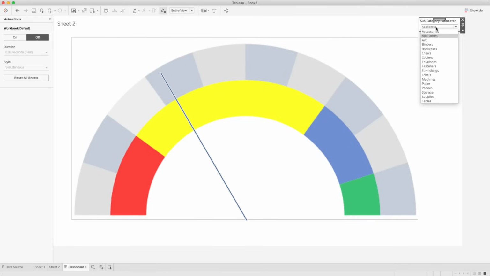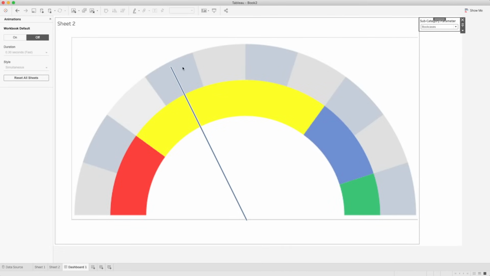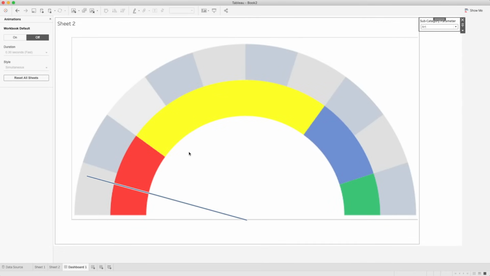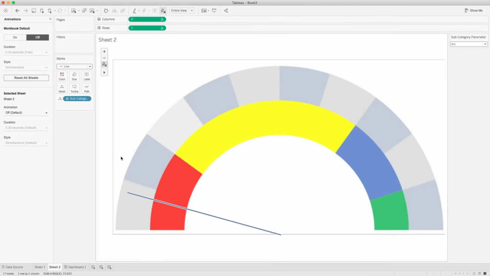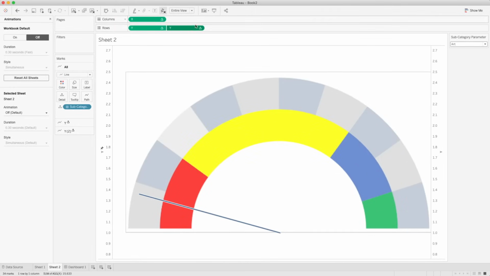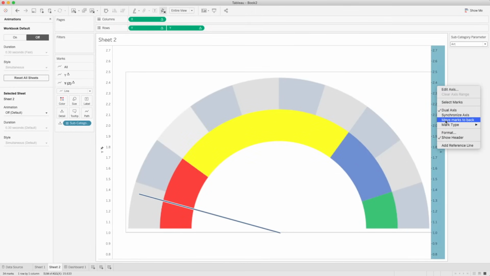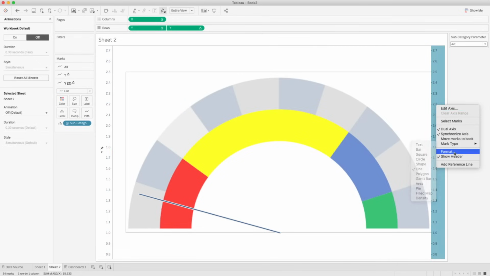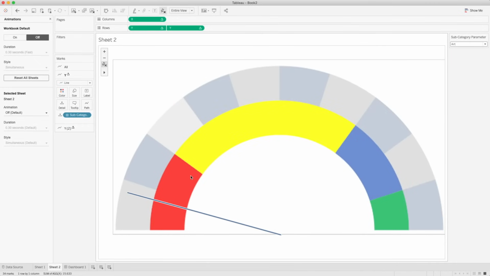Whenever we select any of these appliances, I want to show percentage on the top. So how we can do that? So I will go to the sheet again, and I will create a dual axis on y-axis, and I will click that and change the dual axis, and then I need to synchronize the axis. Once I do that, I will just hide the headers, and I will go to the second value of y-axis,